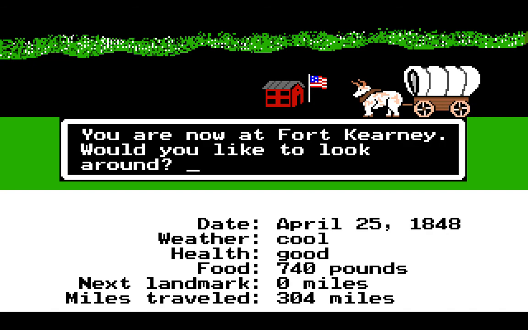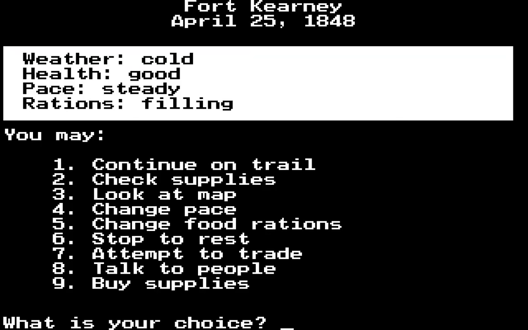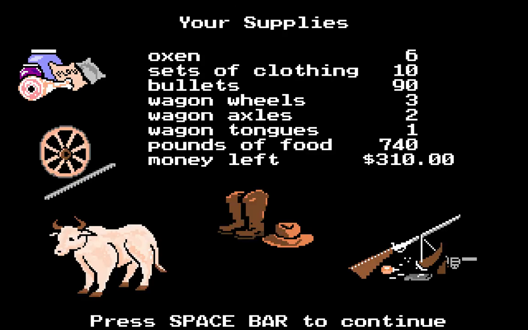Would you like to look around? Click yes. Here's Fort Kearny. Let's check supplies, see what we have. We've got 6 oxen, 10 sets of clothing, 90 bullets, 3 wagon wheels, and pounds of food. It said we needed 200 pounds of food per person to make it successfully,